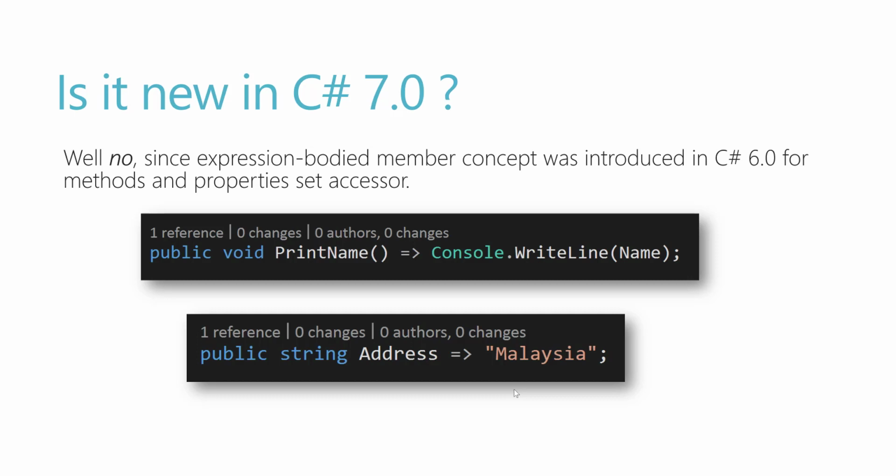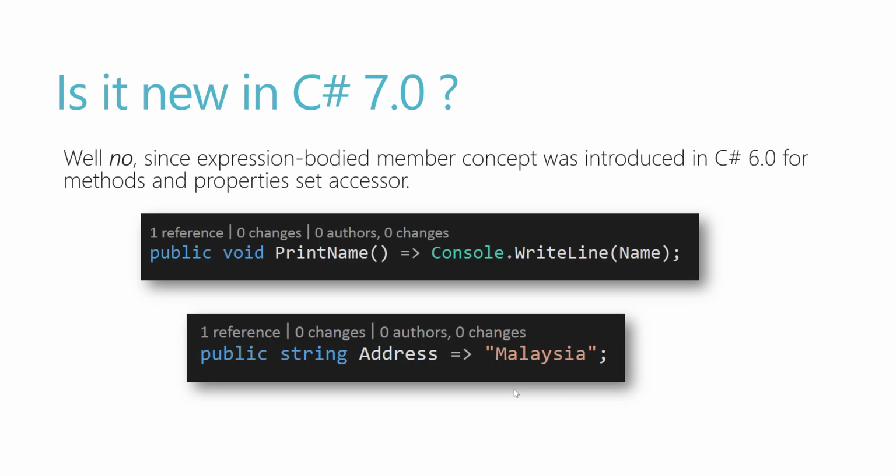You can see that for a method, we can write something like public void PrintName, followed by the lambda expression and Console.WriteLine of name. If you write it like this, it will print out the name when you call this method. Similarly, you can also set a value like this for the property set accessor,